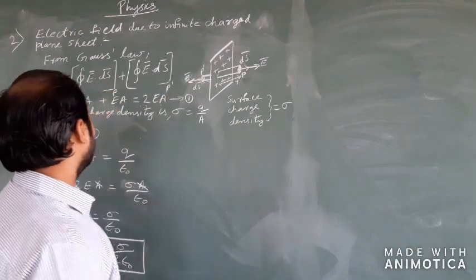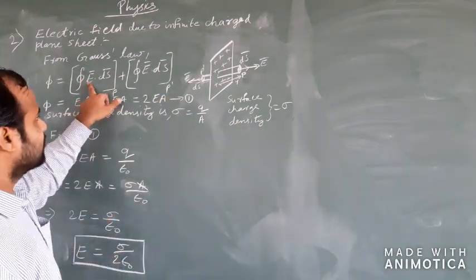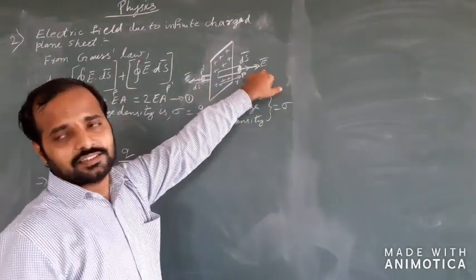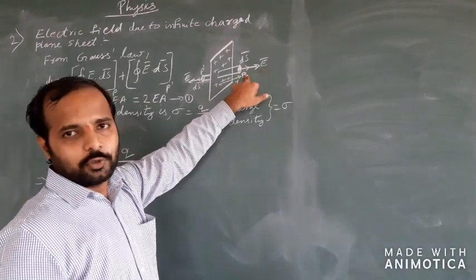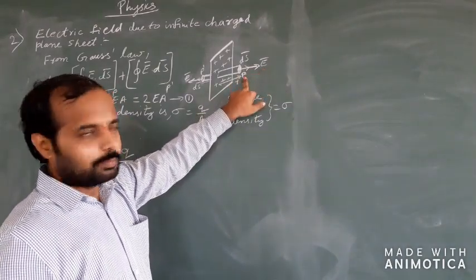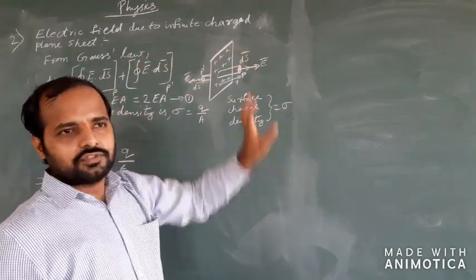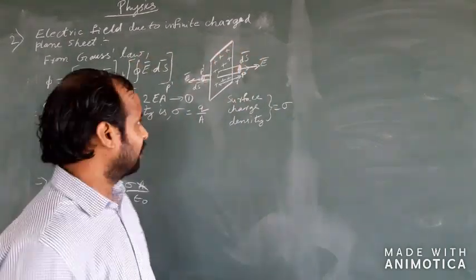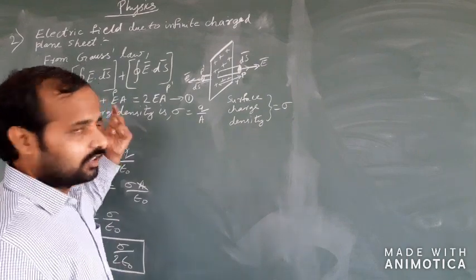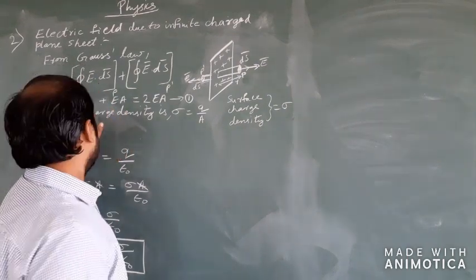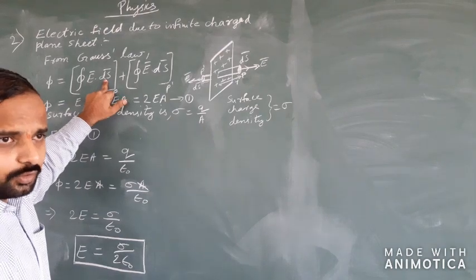Now here we can see that E is not a variable, instead it is a constant at this particular point, because we have fixed the point P, as well as we have a fixed number of charges on the sheet which have gotten distributed. So E is a constant. So what we can do is we can take the area integral over here.